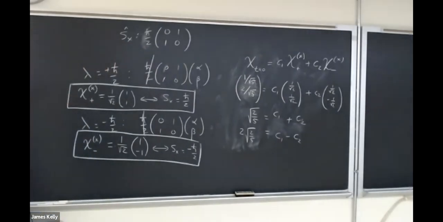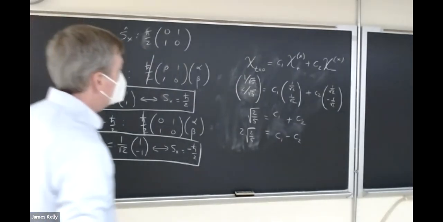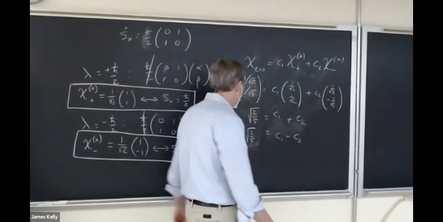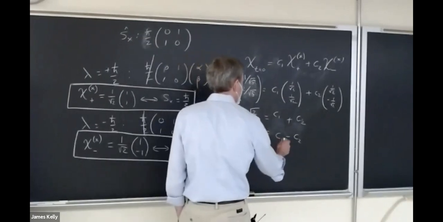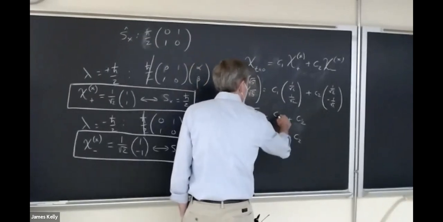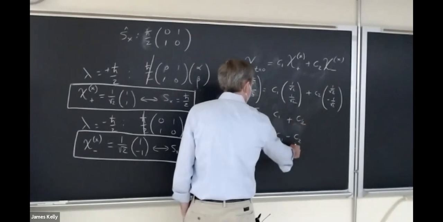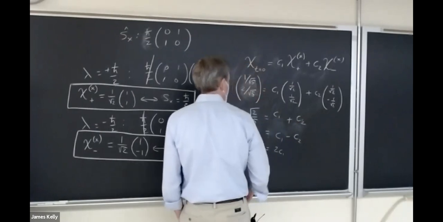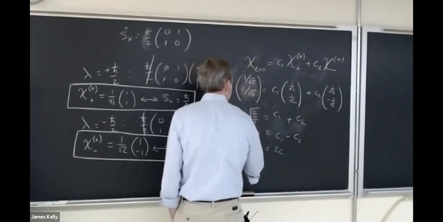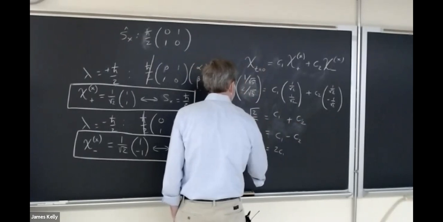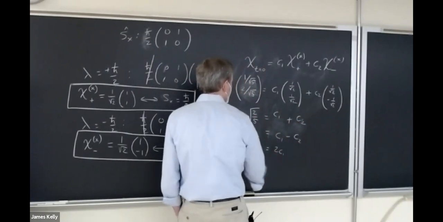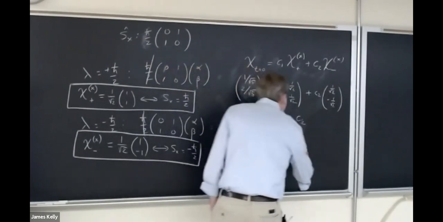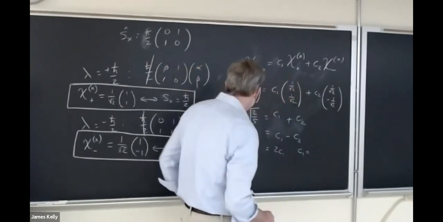Right, or I could write it as root 8/5, I guess. And now I'm ready to solve for C1 and C2 just by adding and subtracting, right? So I would say that if I add these two equations, the C2's go away, and I get 2C1 is equal to the sum of these two, which is 3 times root 2/5. If I divide by 2, well, I guess I've got to simplify that. That means that my C1 is,